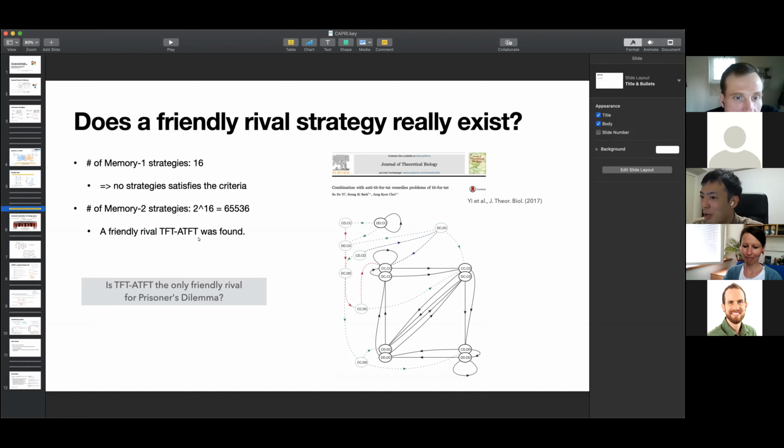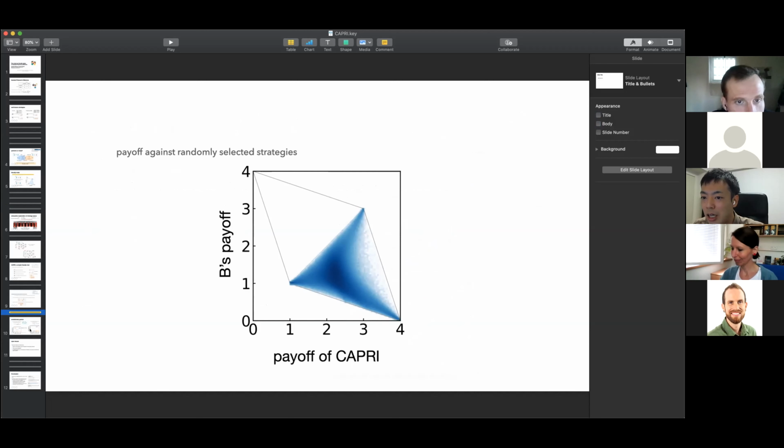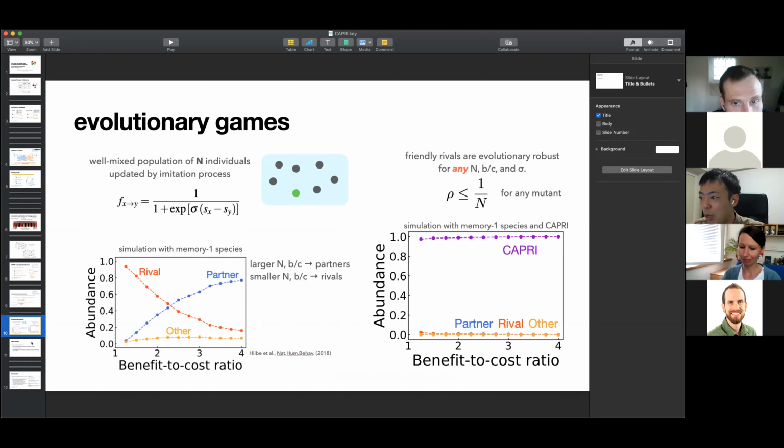Usually they behave like tit for tat, and when a player made a mistake, they switch their behavior to anti-tit for tat, which is opposite to tit for tat. By using this combination, they become a friendly rival. Although this is one of the interpretable strategies, we also compared the performance of this strategy and Capri, and we found Capri is much better